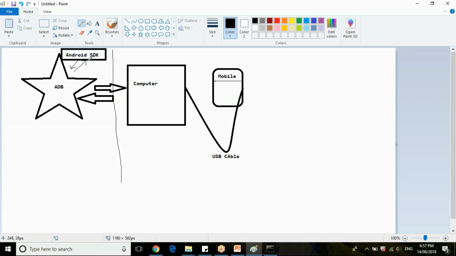Since your Android Debug Bridge is already active, it will have the capability to communicate with the USB ports of your computer and check what devices are connected.